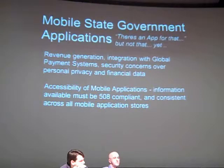Now, you can just imagine as a web developer, when I was told I could no longer use tables, and I have to use CSS. But the thing with the tables is, at least in the application, it's going to say, this is what a row is, this is what it is. It's actually natively built into the app. So that's just something to consider about the